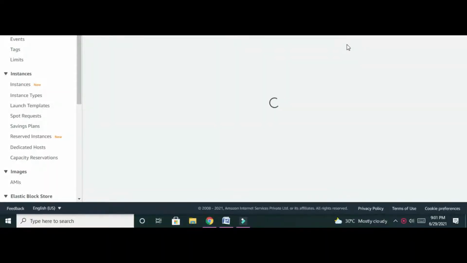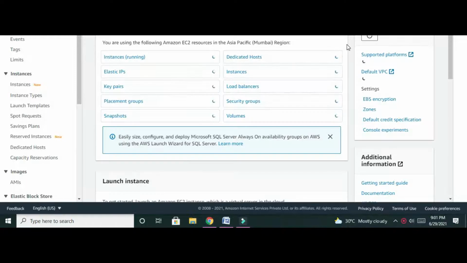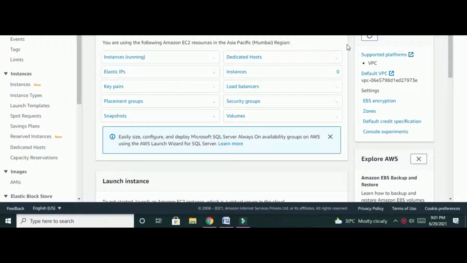So let us discuss security group. Whenever we are configuring an EC2 instance, the security groups are going to be configured, or we can create them. Security groups work as a firewall for the EC2 instance. The user can set the inbound and outbound rules, customize the access, allow or deny the access. For example,